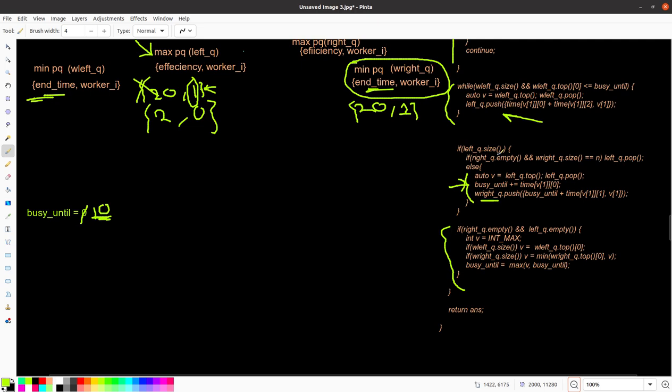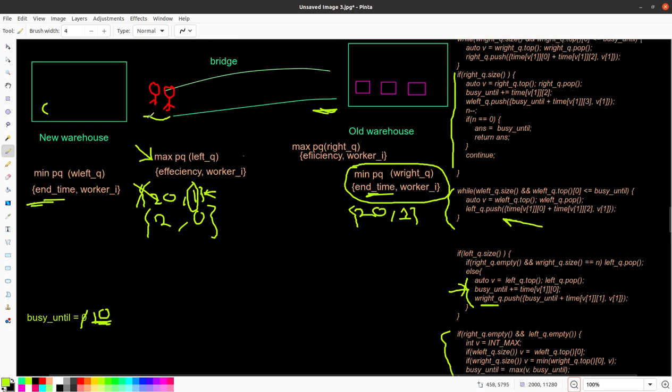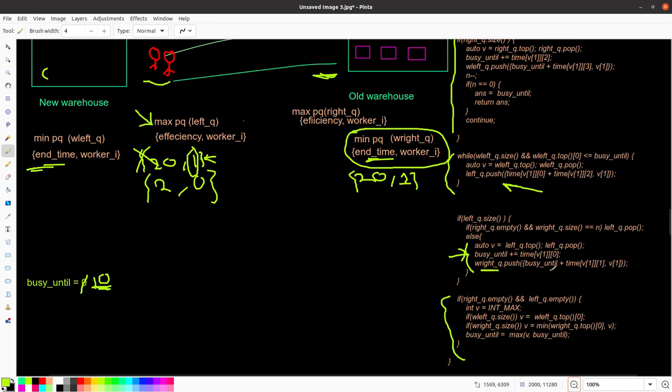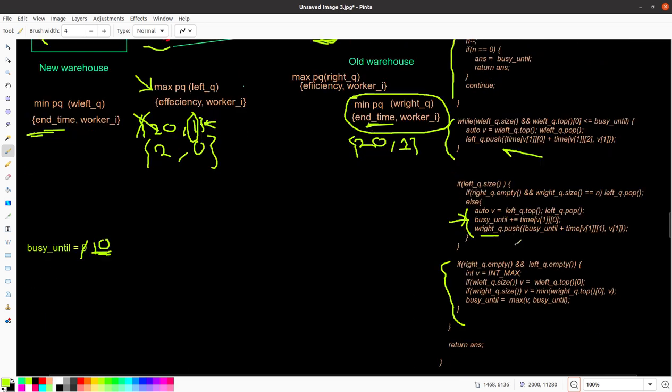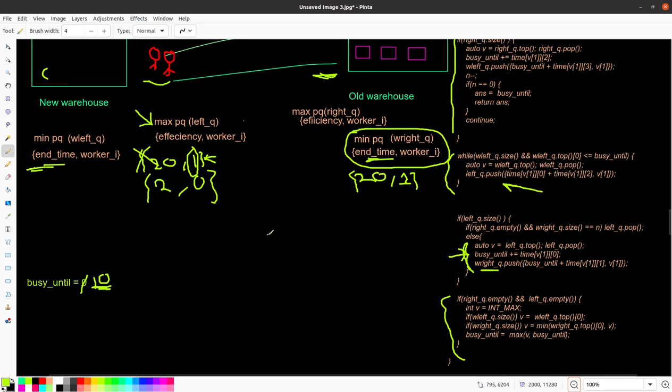If left q dot size, it has left q, it has one worker remains, and warehouse dot size is 1, this is 1, is not equal to the number of boxes, so this condition is again executed,